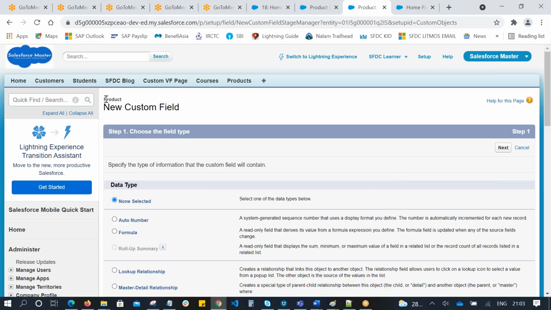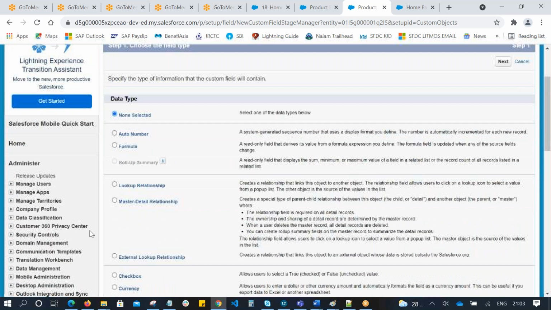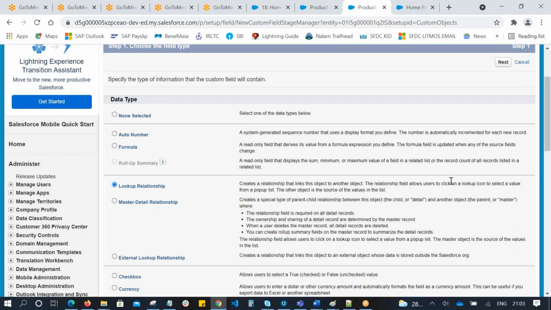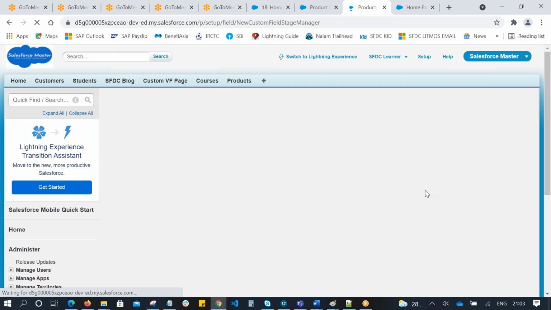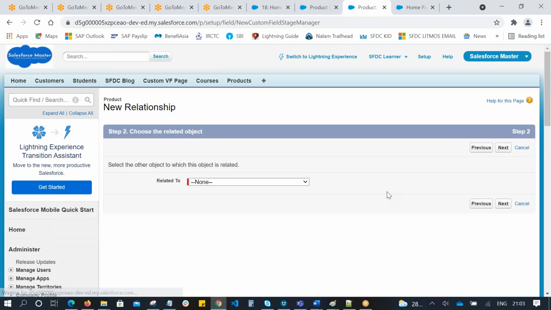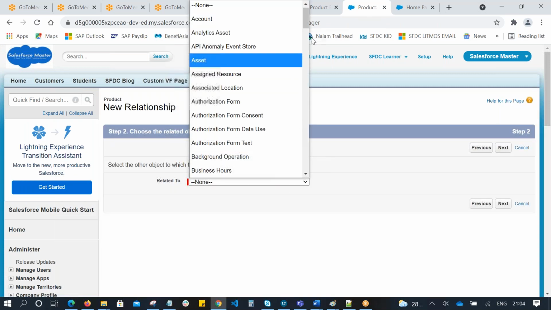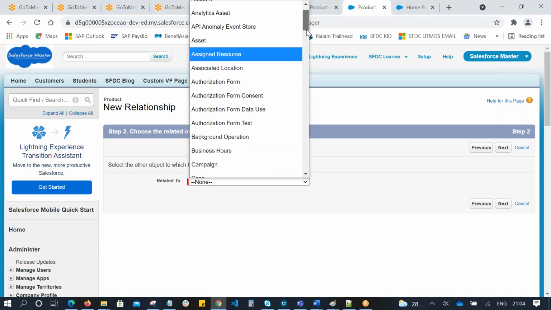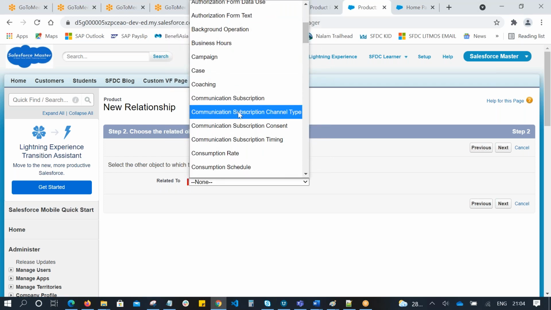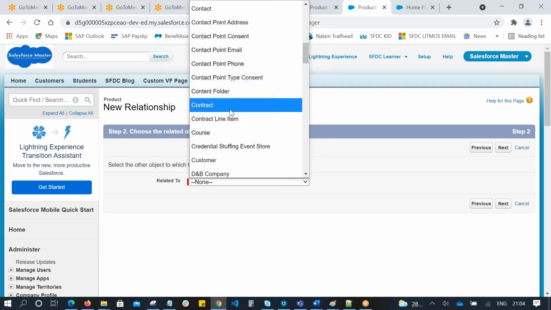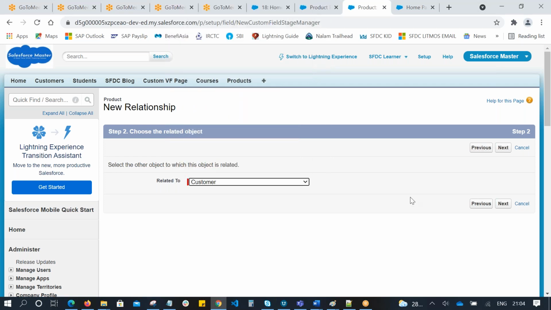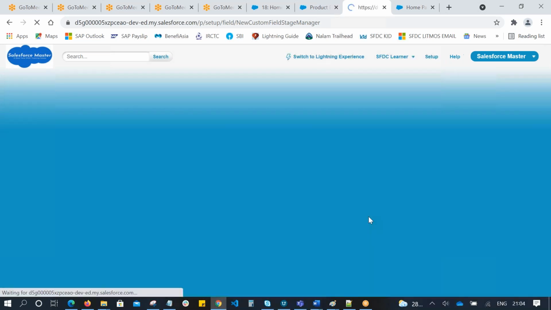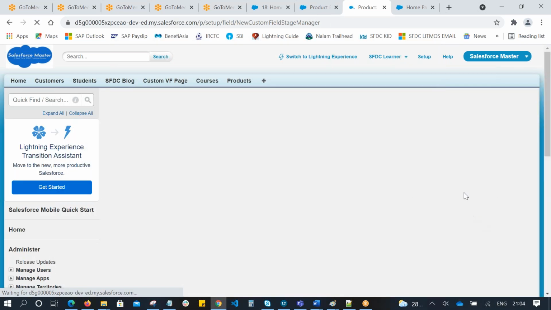We are creating a relationship from product to customer. Let's select lookup. We have a customer object, which is a custom object. Click on next.